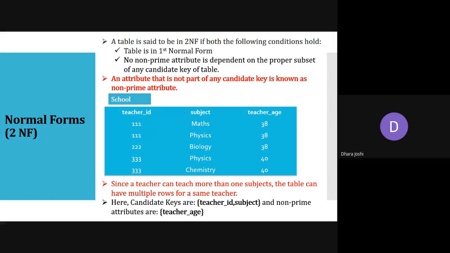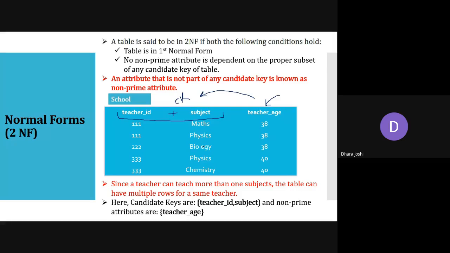Teacher ID and subject will combine together and only then will it make a candidate key. So what is the non-prime attribute? Teacher age, which is not included in the candidate key. The non-prime attribute teacher age should be fully dependent on the candidate key, that is, on both of these. Which teacher it is and what subject they are taking, the teacher's age should depend on that, which is not correct in this example, because the teacher's age is only dependent on the teacher ID. Which teacher it is determines the age, and which subjects they take, we are not focusing on them.